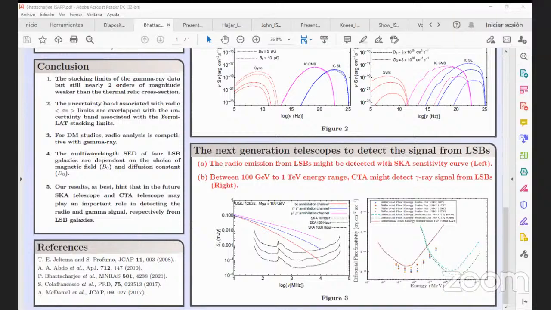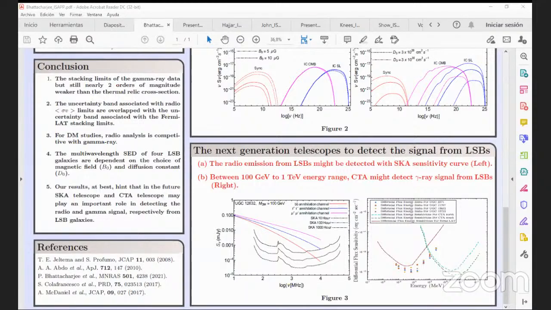I may have one indeed. I was wondering about the density profile that you assume for these objects, because I know that these masses are tricky in the sense that some observations point to cores. Yes. So can you comment on the profile that you use? Yeah. I mean, yes, for a low surface brightness galaxy, there are some studies that the core profile could be the better one.